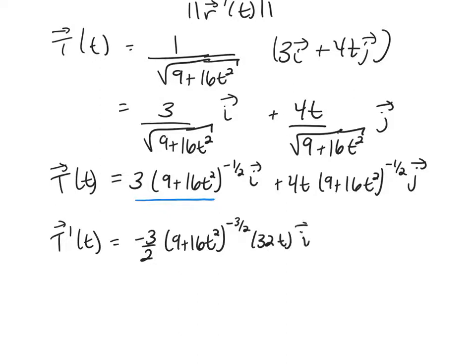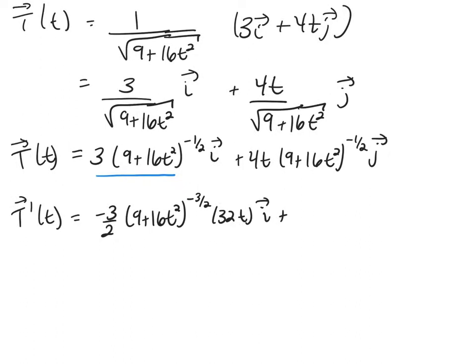That's the i part. And then for j, we're going to have to use the product rule here. So it'll be 4 times (9 plus 16t squared) to the negative 1/2, plus 4t